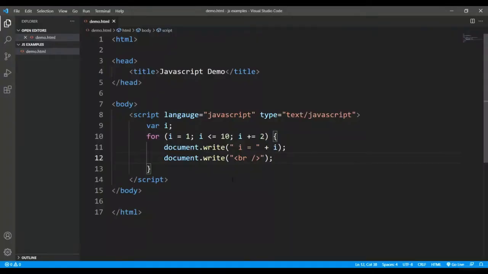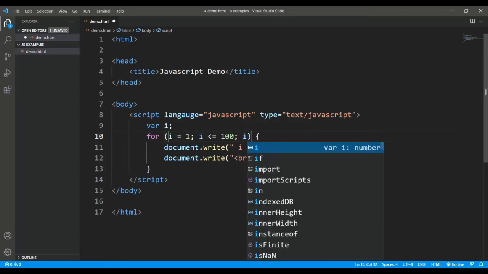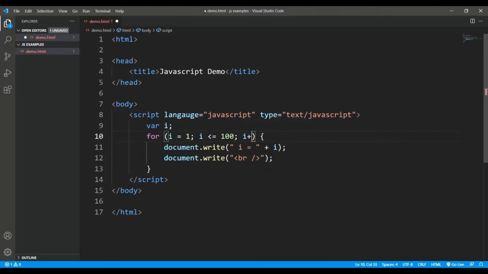Now let's take one more example. I want all the even numbers from 1 to 100 and I want the sum of all those even numbers. So I start with i = 1, i executes while i is less than or equal to 100. I will just increment by 1 only, so i++. And since you can use any statement inside this loop,